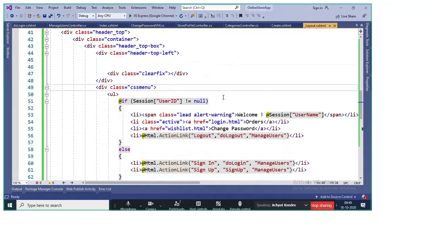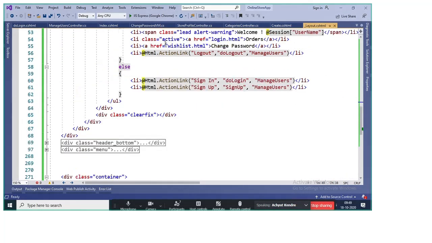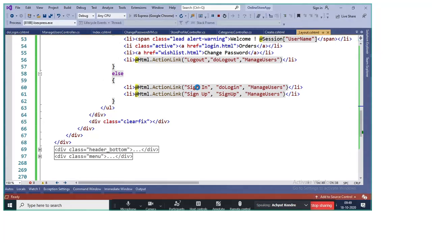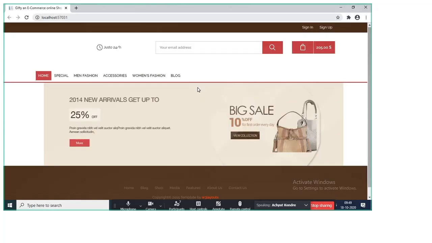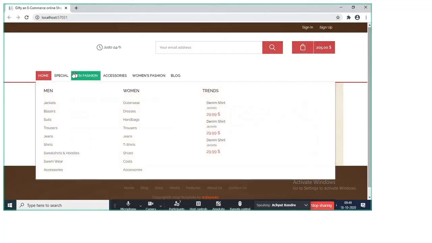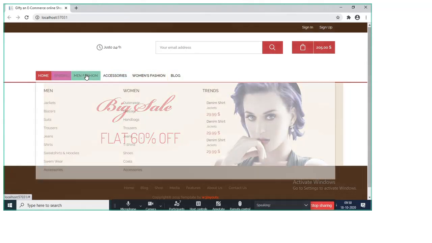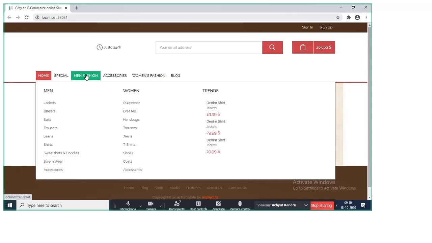Now the next thing that we want to implement here is search the product. Now to search the product, at the first step I want to dynamically generate this menu. So I want this menu to be generated from database. Okay. So right now we do not have